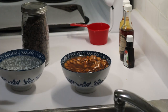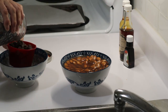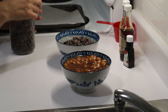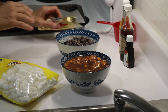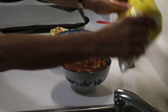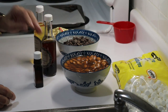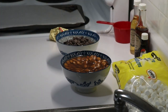Okay, so now I'm going to assemble some of my other ingredients, and to start off with, 1.5 cups chocolate chips. So that's 1 cup and approximately another half. So I've got my almonds, my chocolate chips. We're going to want 1/4 cup of butter, and 1 bag, maybe more, perhaps 2 bags of marshmallows. So we'll see how that goes. I'm also going to use a little bit of my orange extract, vanilla extract, and store-bought almond extract. So the 3 of those. What else am I missing? Oh yes,